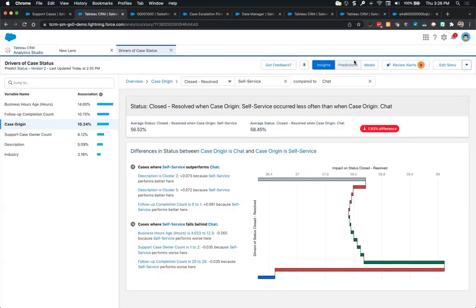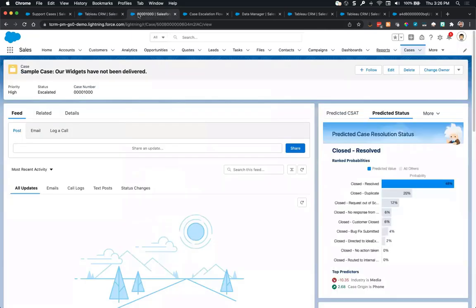Well, I want to understand my data back in Salesforce a little bit better, or it could be data that doesn't live in Salesforce, and it's in an analytics data set. But I want to understand my data a little bit better. So I'm going to flip back to Salesforce, where I have an open case. And what I can see here, the case was just created, it's been escalated, but it's still open. But based on all the data in the case, we're still predicting that it's going to be closed resolved